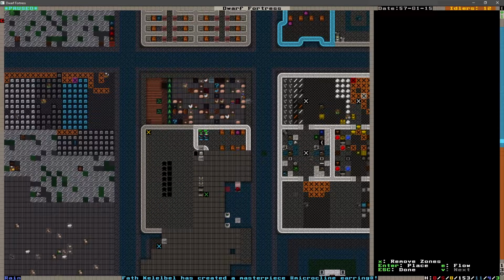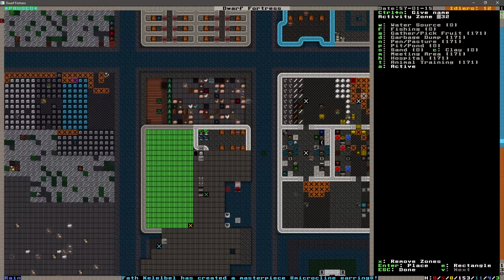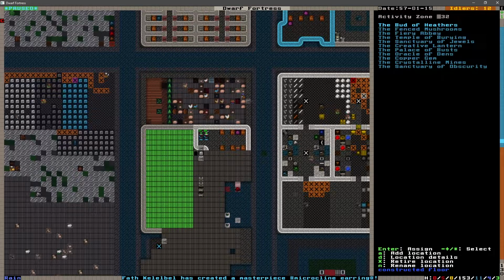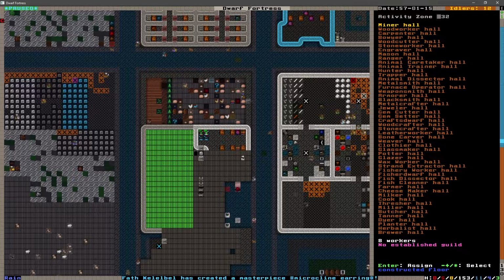Can we not do that? All right, well, we'll just do it as a rectangle then. That'll come down there. That will be a meeting area. We want to assign a location. We want to add a location. We want a craft guild hall. And that is going to be...